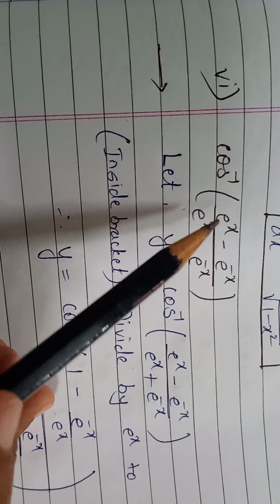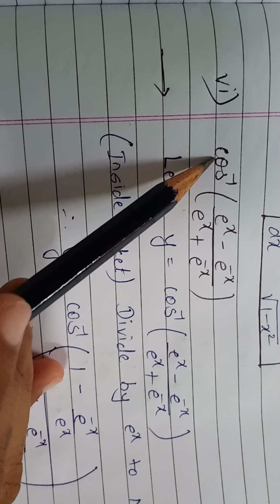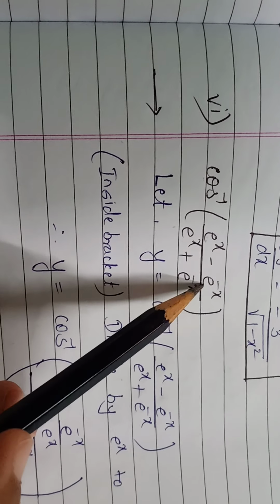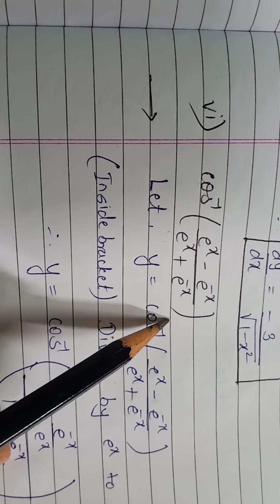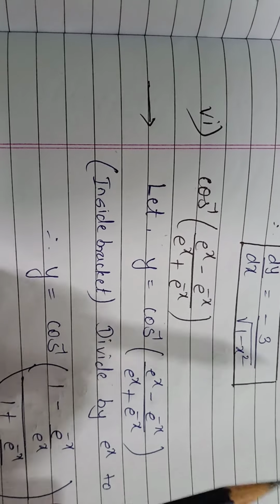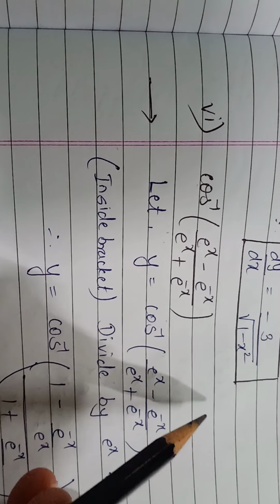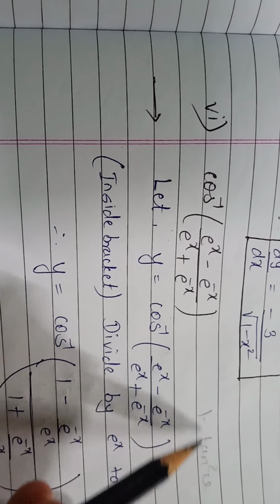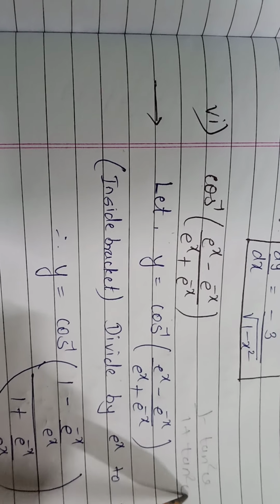So just remember that this should be 1, as it is cos inverse. It should be 1 minus something square and 1 plus something square, right? Then only we can convert it into the cos 2 theta formula, or those sine and cos containing formulas, okay? But as it is in denominator form, it should be 1 minus tan square theta and 1 plus tan square theta only, right?